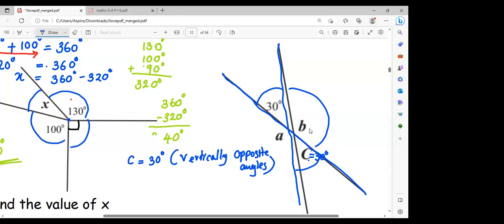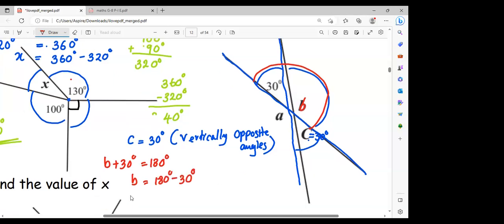How do we obtain the answer for B? Because you can see the 30-degree angle and angle B, or you can see angle B and C, on a straight line segment. They are adjacent angles on a straight line segment. So I can write B added to 30 is equal to 180. So B is equal to 180 subtract 30 degrees. So B is equal to